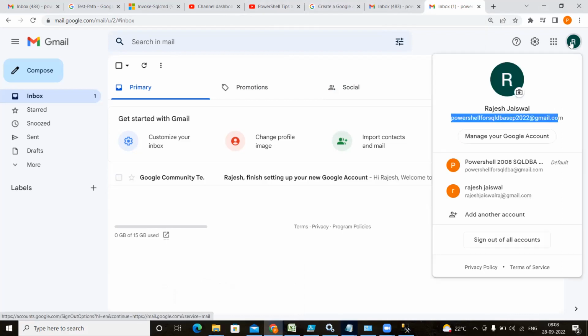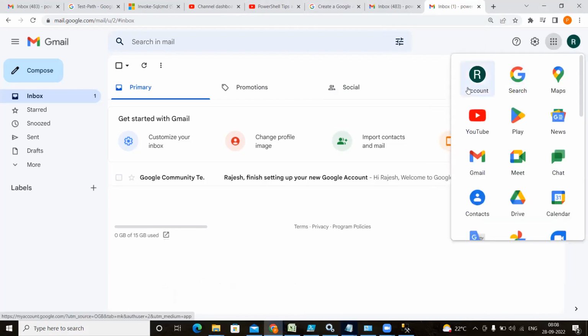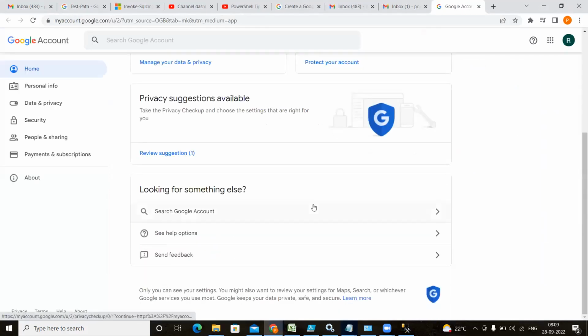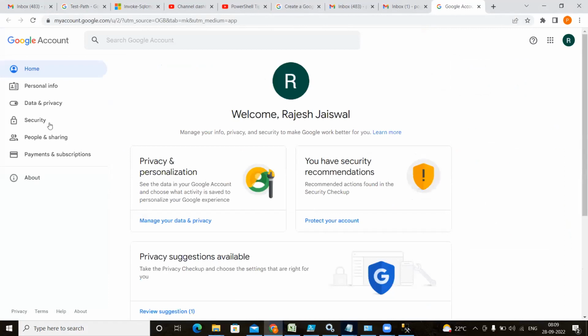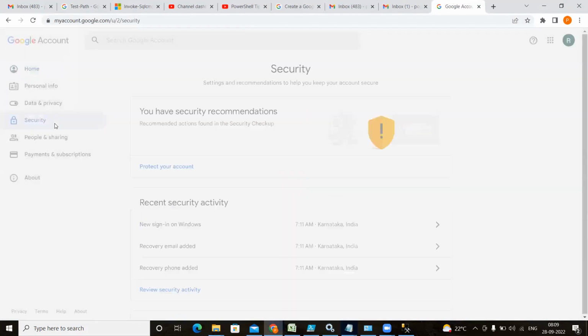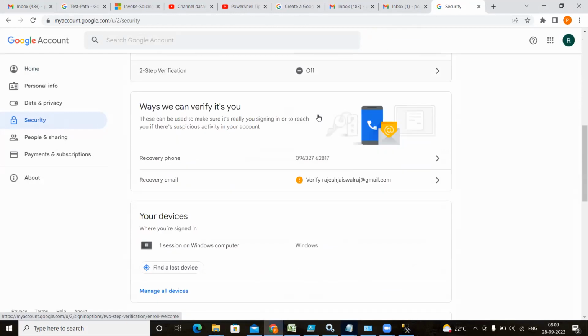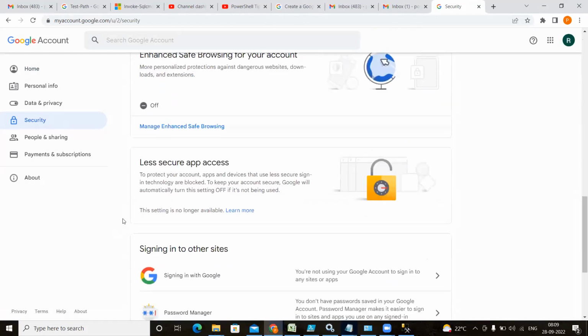What you have to do, you go here, then click on account. Once you create an account, or if you have an existing account, you have to go to accounts. Once you are in account, you have to click on the security. Once you click on the security, you can see that is called